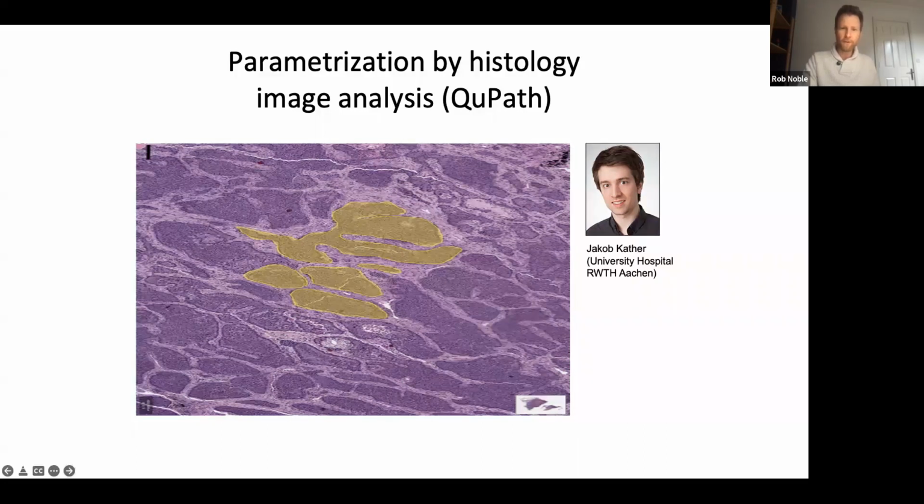So there's another question in the chat. Yeah, so the question in the chat is, how do you account for the tumor promoting effect of cells in the microenvironment, such as fibroblast